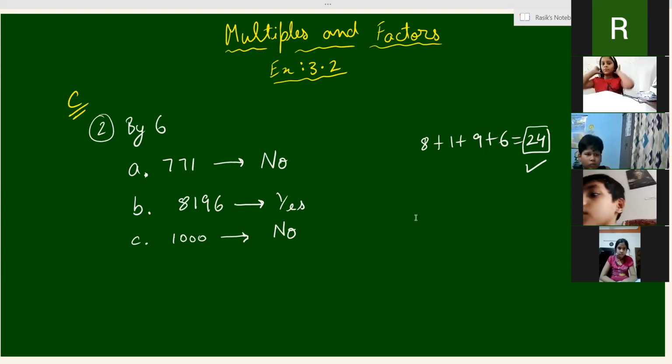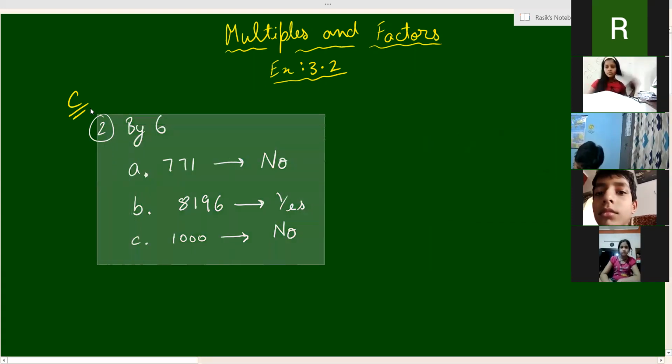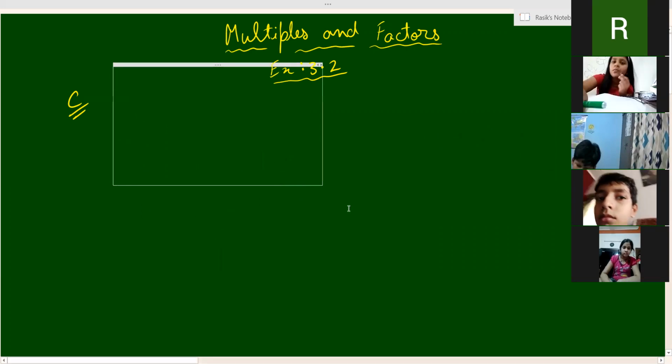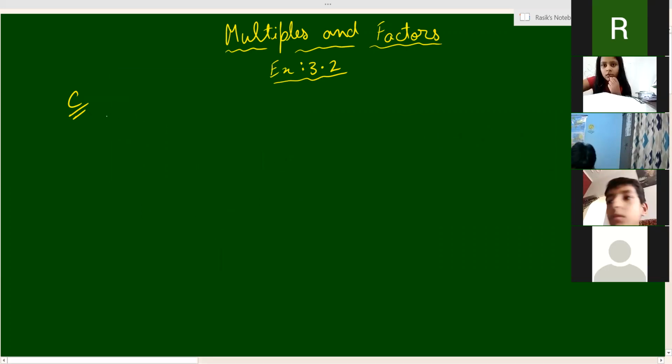Okay, let's start with the next part of the question. I hope everyone has done this. Third part of the question. In the third part of the question, we have to check the divisibility of the numbers by 8. By what do we have to check? By 8. So A part of this,